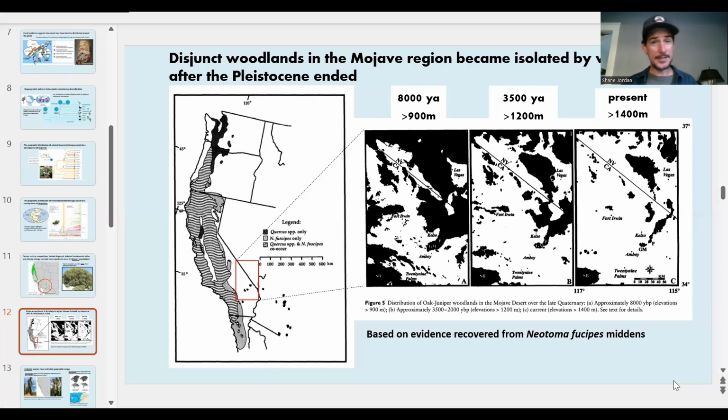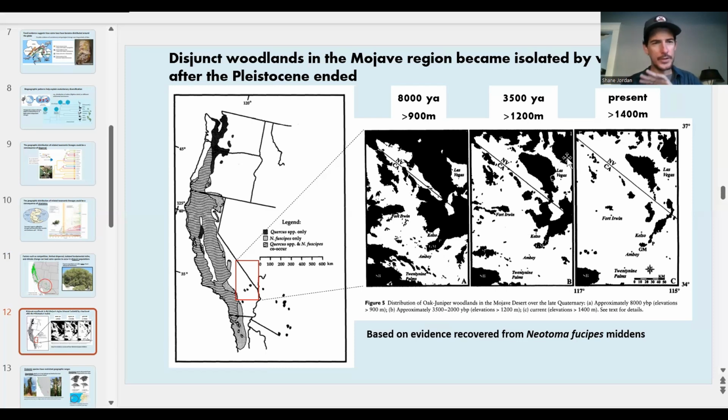Probably these populations became separated by vicariance after the end of the last ice age, the end of the Pleistocene. We actually know about this from evidence in these things called wood rat middens. Basically, evidence from these wood rat middens, where we can find fossilized remains of these plants that can be dated, suggests that something like 8,000 years ago, the woodlands of these oaks were much more widespread and occurred at much lower elevations. But by about 3,500 years ago, as the climate continued to dry out and warm up,